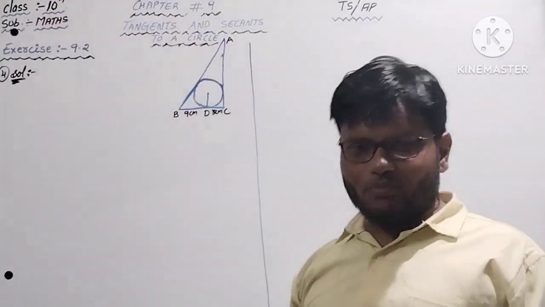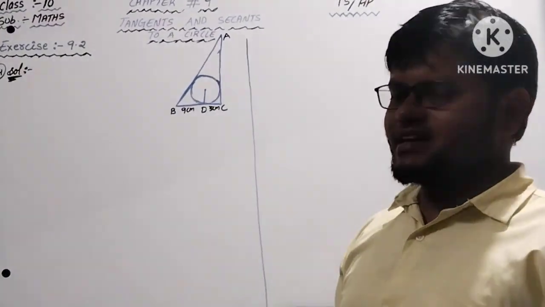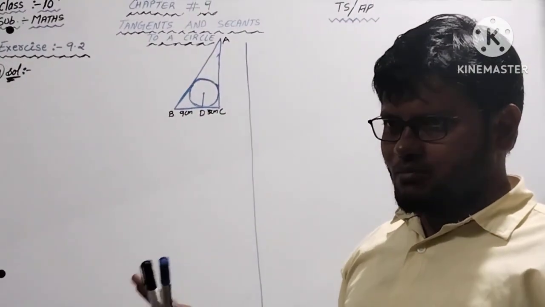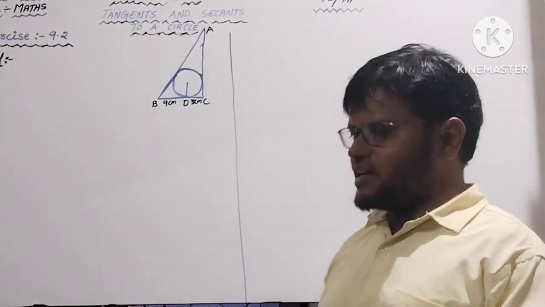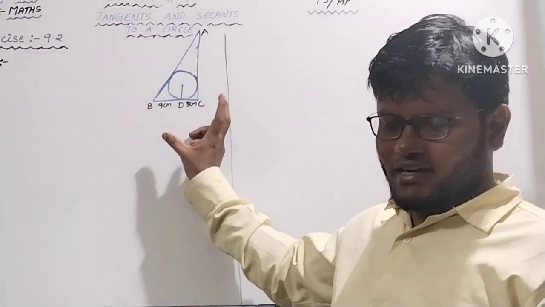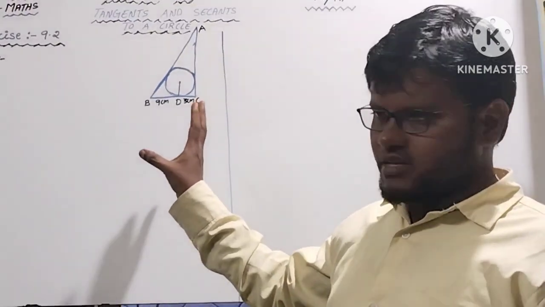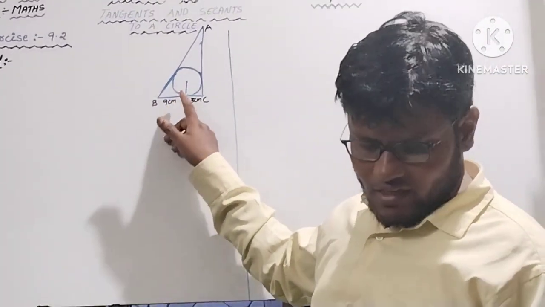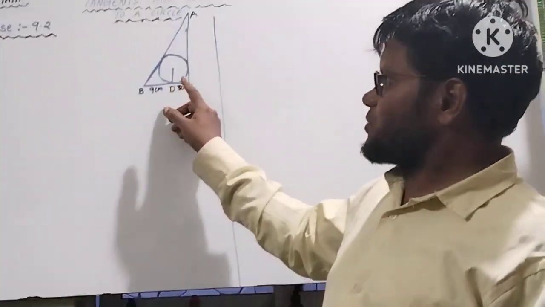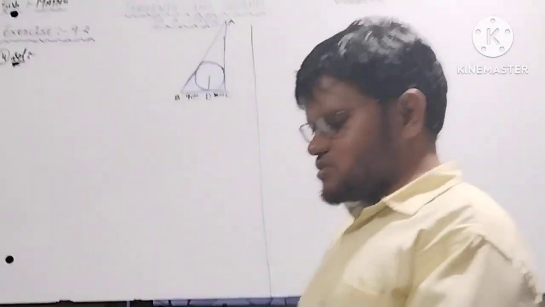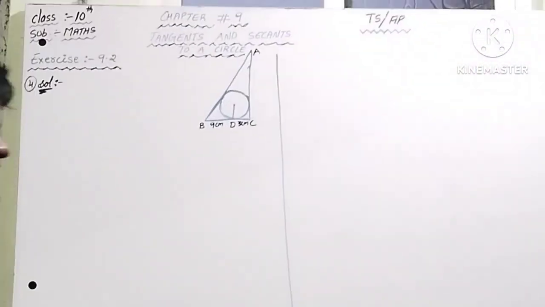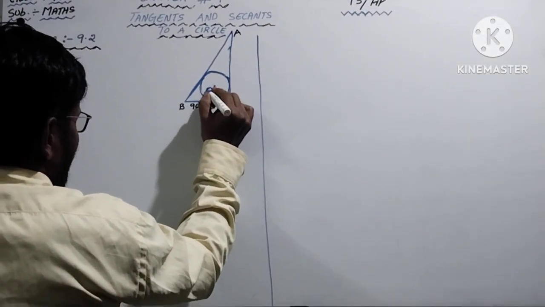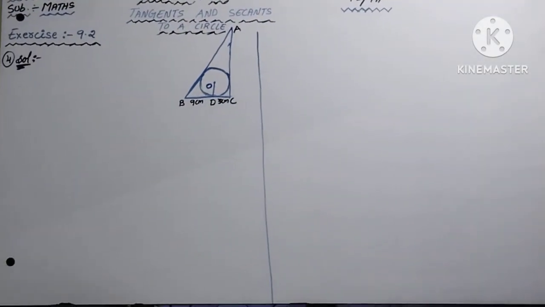Exercise 9.2, fourth problem. The diagram is given; this is the question diagram. Is this point taken as O or not? Let's see in your textbooks. Okay, this point is taken as O, so use this point as given. You take this point as O, the centre point. O is the center here.